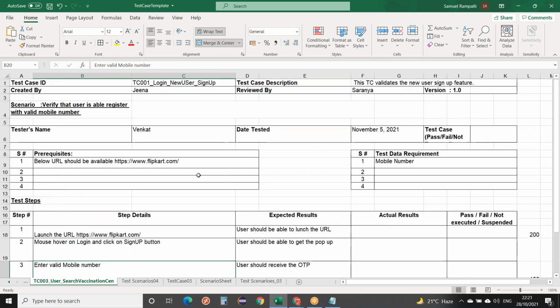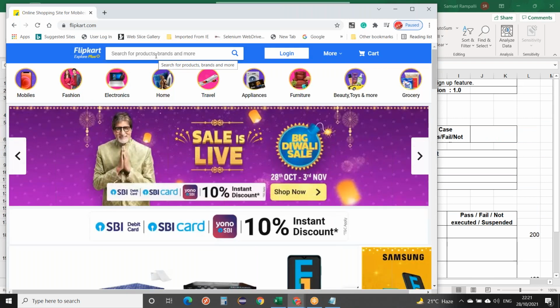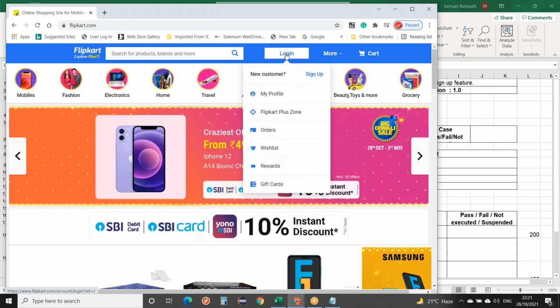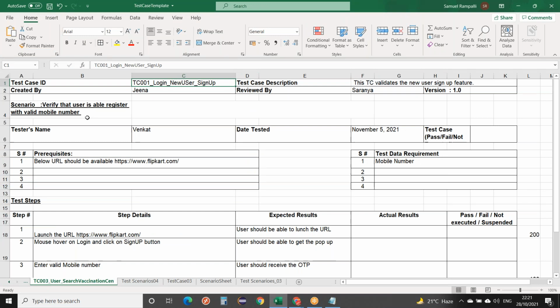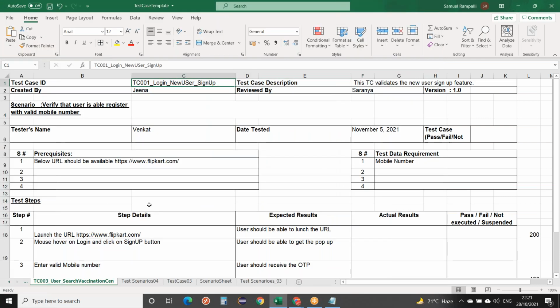Okay, so now, guys, can you write this test case for sign up with an invalid mobile number? You will click on login, new user, sign up, and write the invalid mobile number.